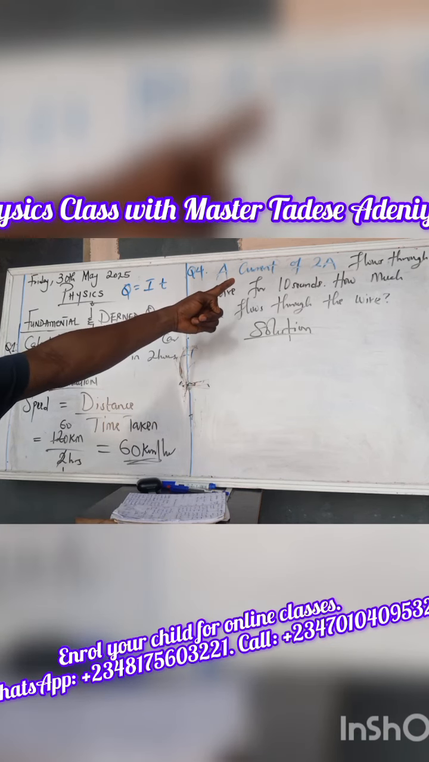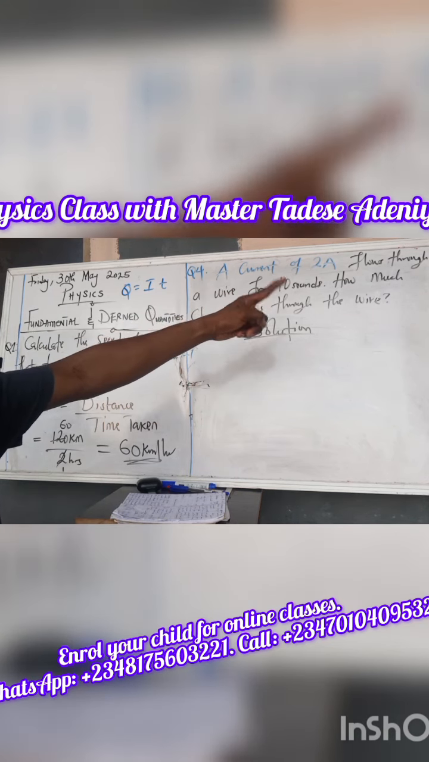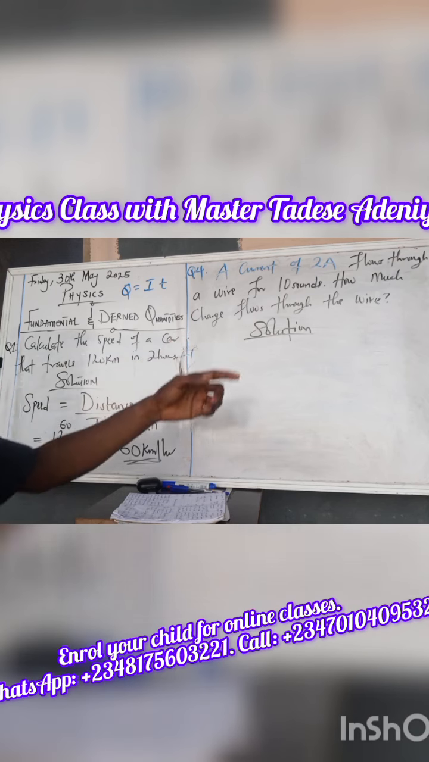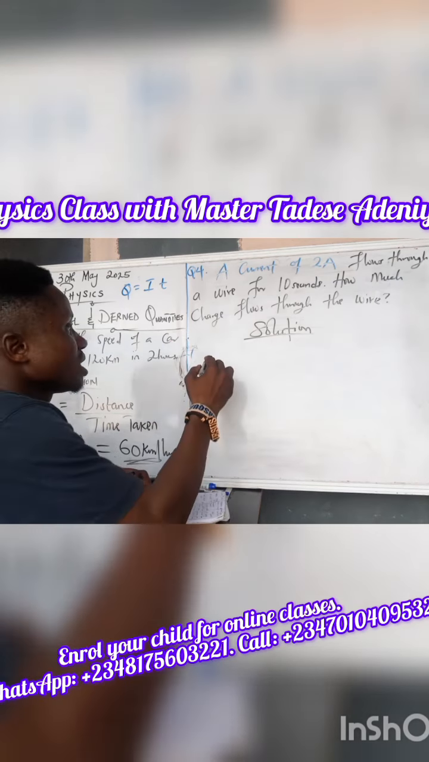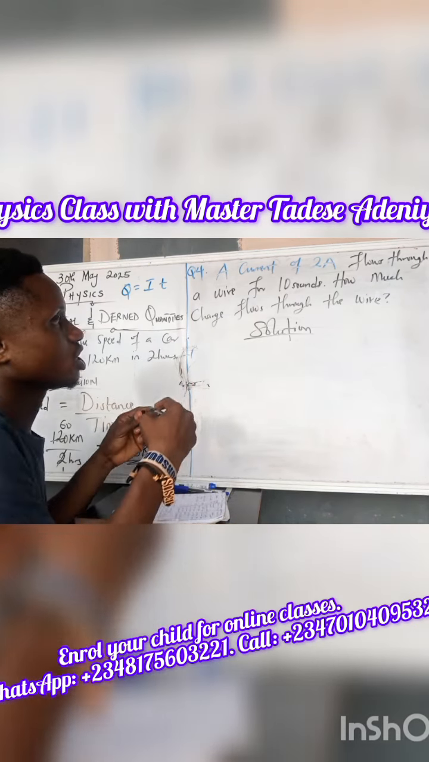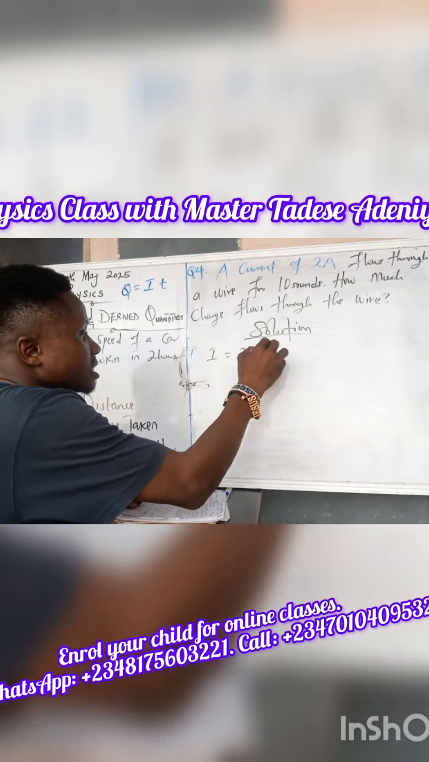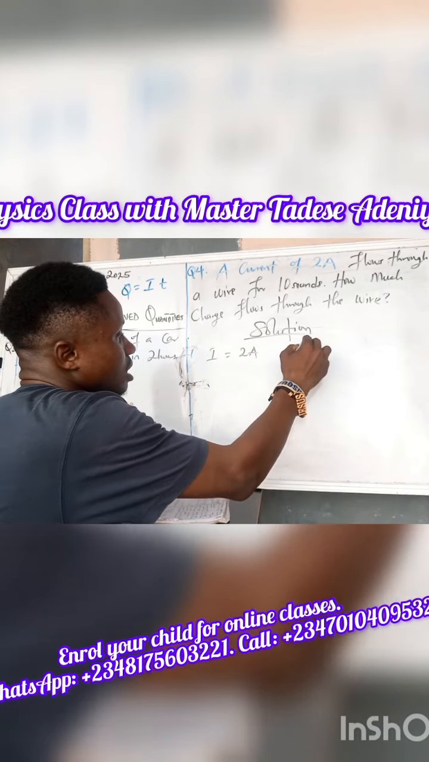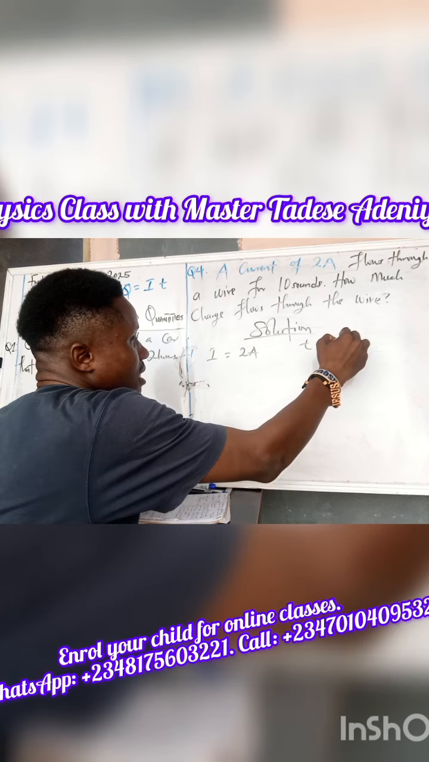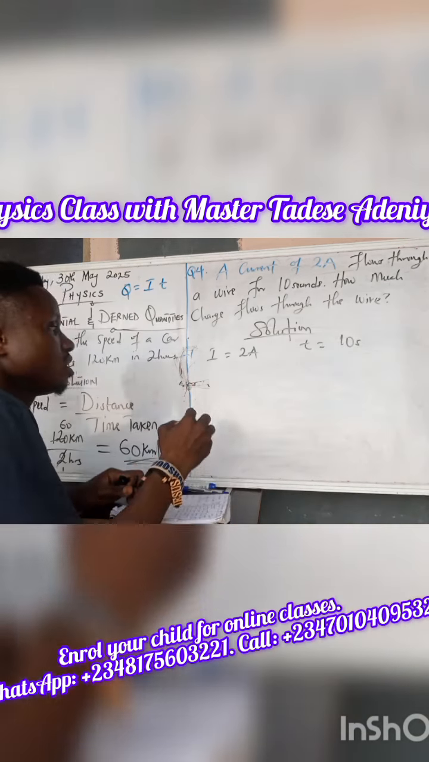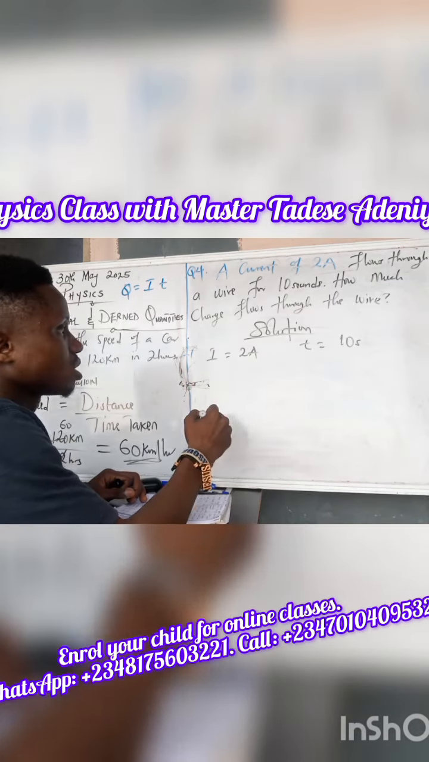What is the question talking about? We have the question as a current of 2 amperes flows through a wire for 10 seconds, which means in this case, we are given the current. We have the current as what? 2 amperes. We have the time as what? We have the time as 10 seconds. So we are asked to find what the amount